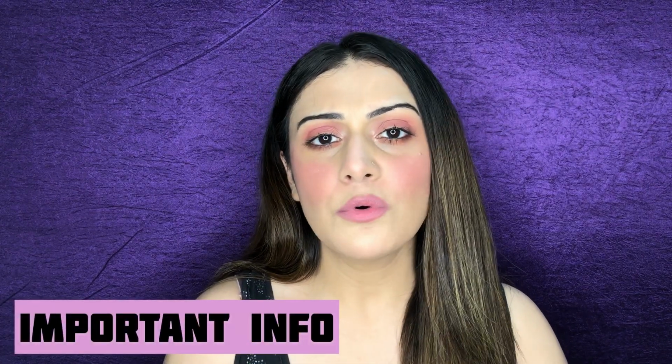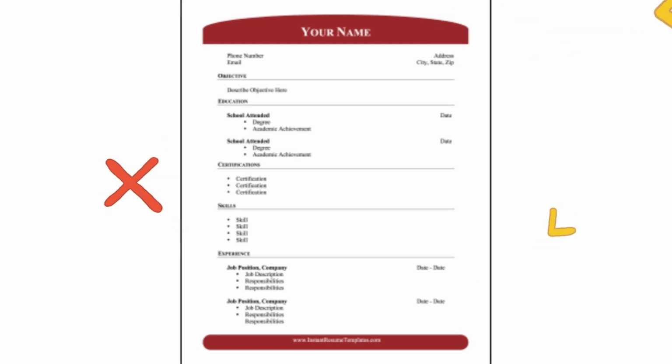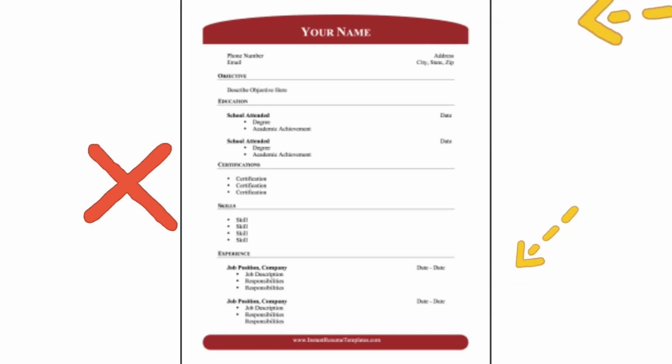Now, what can be the most important information in case of a resume? The contact information. I have seen candidates, people who are not so familiar with making a resume on a few software or even a Word document, fill in the contact information in a location under the headers or footers, and to your surprise, most ATS scanners omit it, as they do not read headers and footers sections.